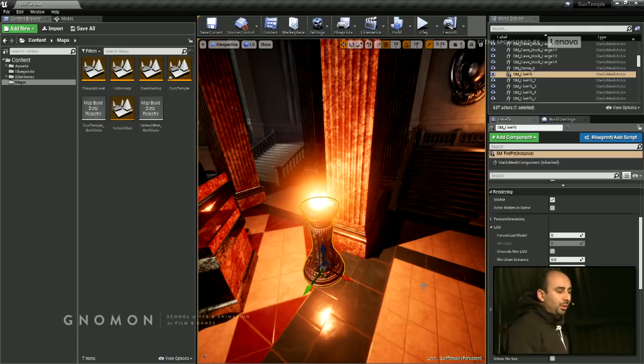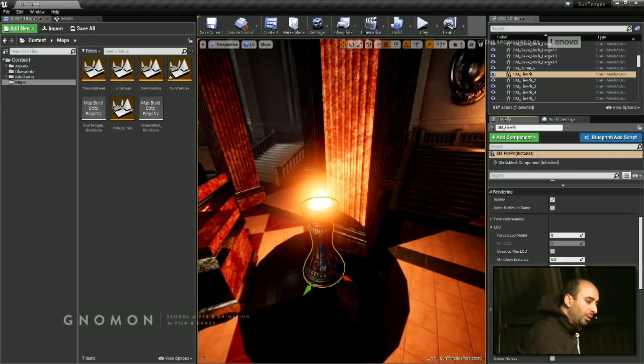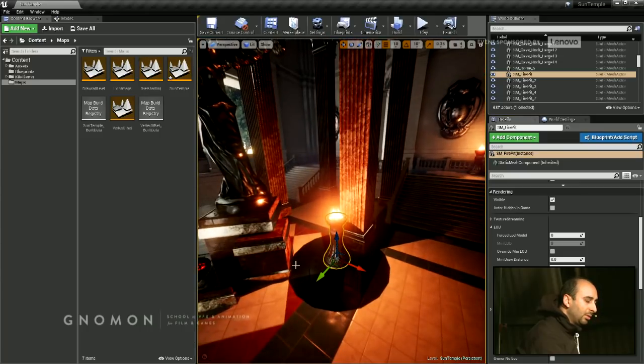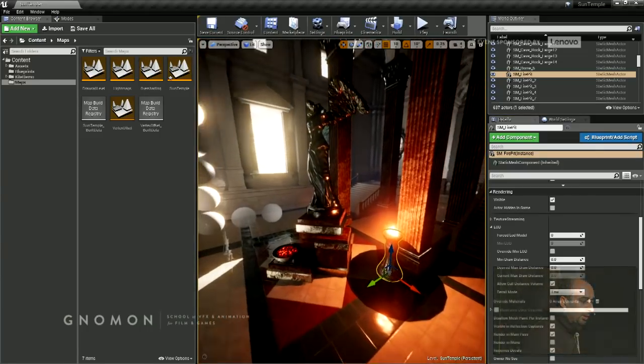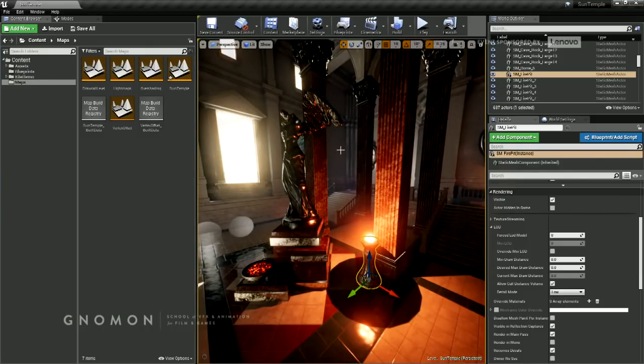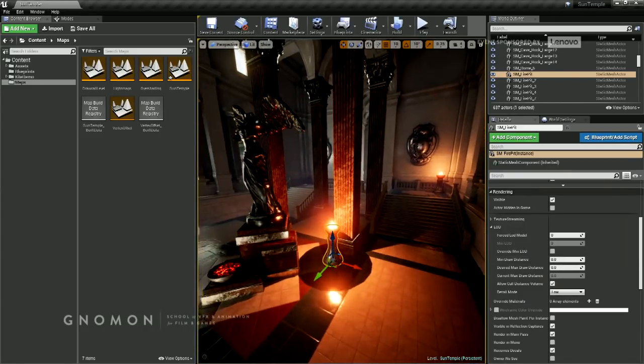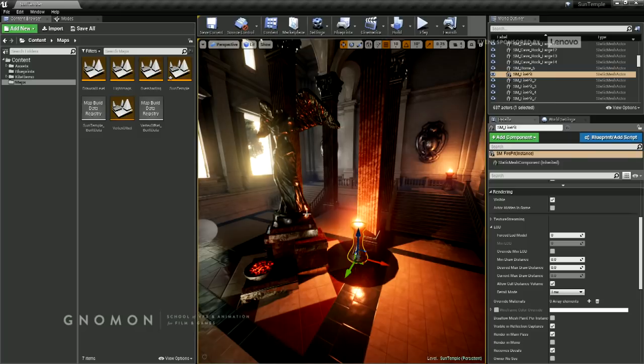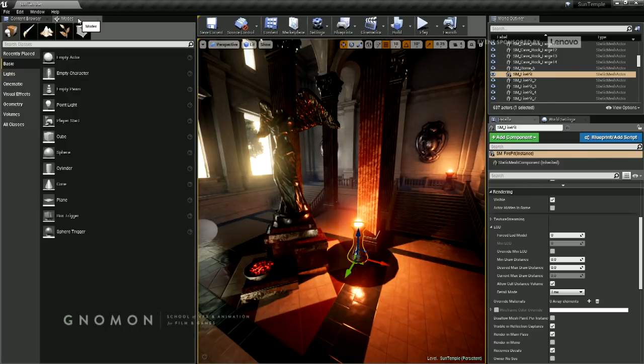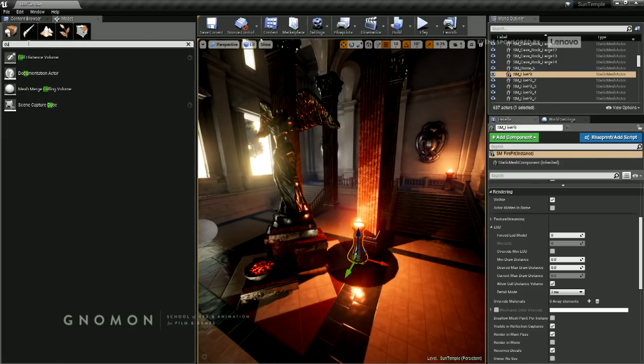So ideally, you need to set these numbers depending on the size of the object and the distance that it will be viewed from. However, if we imagine we need to do this for all the objects in the scene, I think that would be a little bit of an overwhelming task, because even for a small scene, you will have maybe tens or maybe hundreds of objects. So doing it manually for each object would take a really long time. So in order to save time and make it more automated, you can use something called culling volumes. It's available here. You drag it into your level,